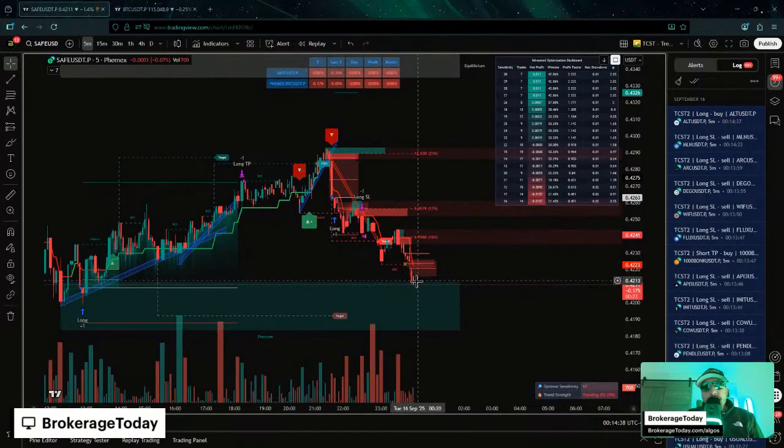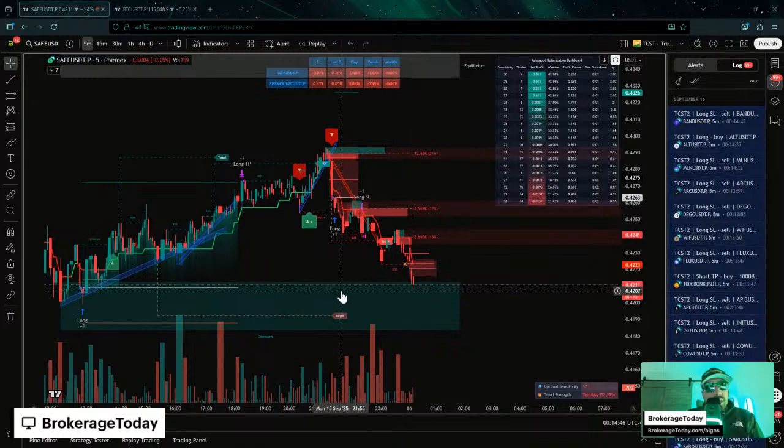As you guys can see right here, this exact setup gets printed every single day. And you get really good at it if you take the time to just understand where's the discount level, where are your order blocks. All you have to do is follow some simple steps,